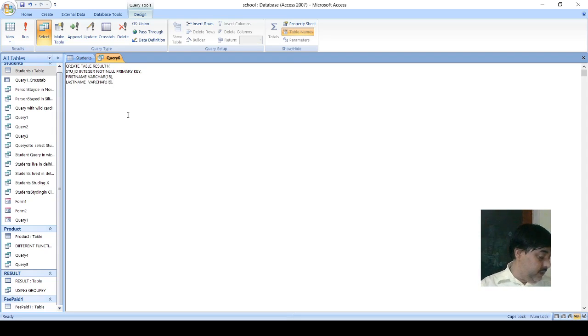After giving the enter, suppose result. Result is also varchar. Now suppose I am giving here 8. As we close the bracket, the bracket we have opened here also needs to be closed, then semicolon. Okay, after semicolon you give enter. As you give enter, we can find that this particular thing has been done.